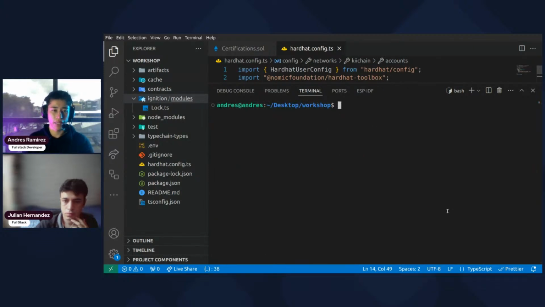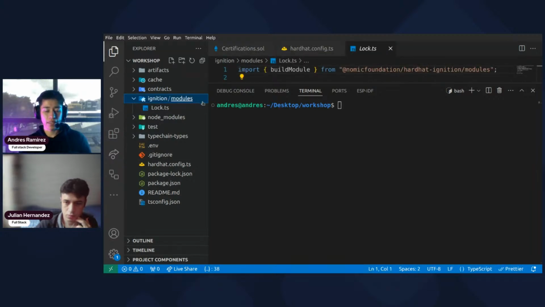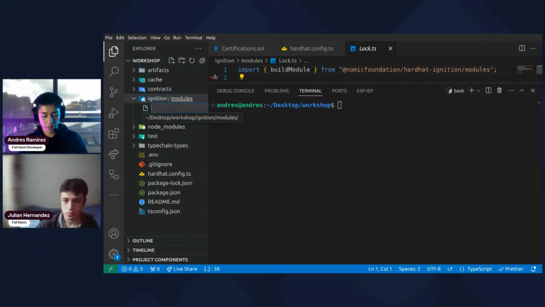We don't have any problem with our smart contract. Now let's deploy that smart contract. To do that, we have the ignition. Ignition is a tool from Hardhat to deploy smart contracts. It provides infrastructure like modules, where each smart contract is called a module where you can call in other modules. You can call a smart contract into another smart contract or create scripts that use that smart contracts. To do that, we need to create a file called certifications.ts,